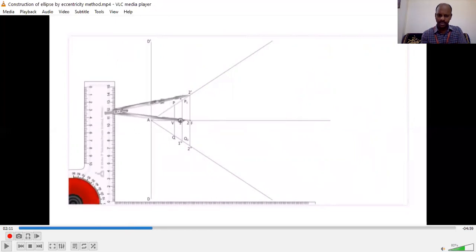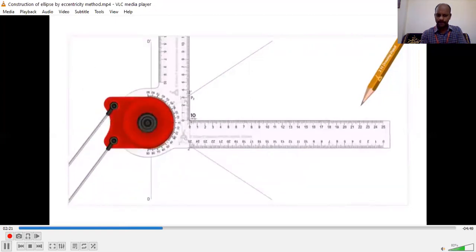Now here you see again, the second length, we have to take 2 dash on the compass, and focus is my center always. Cut that line above and below to generate 2 more points, P2 and Q2, like that. You repeat the same procedure, right? It's nothing but a repetition, so I am just moving fast.